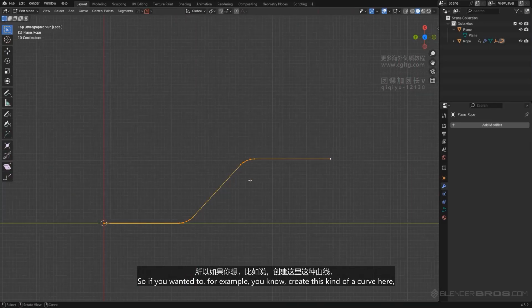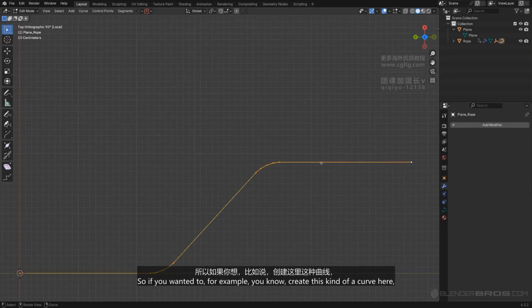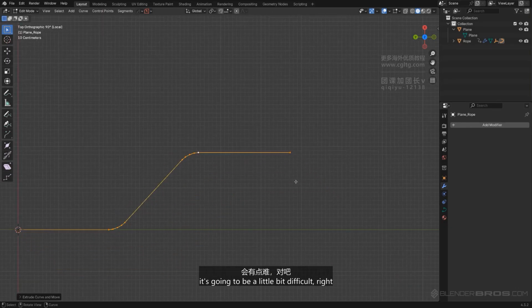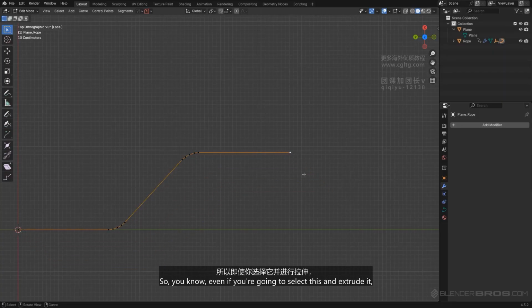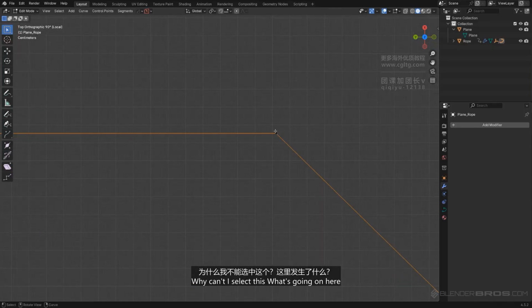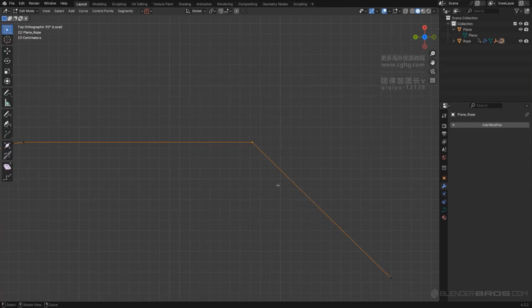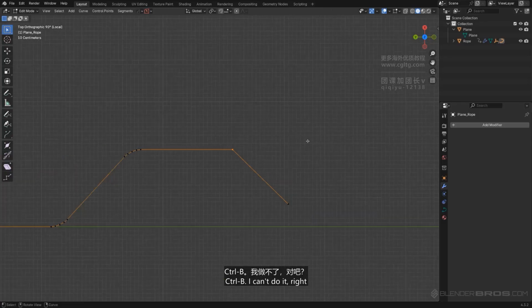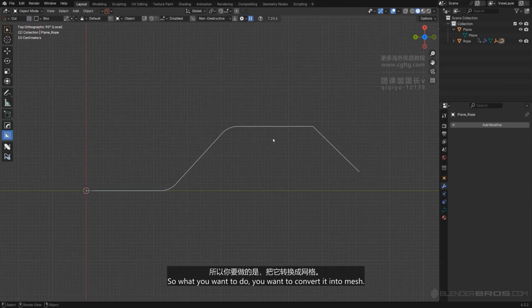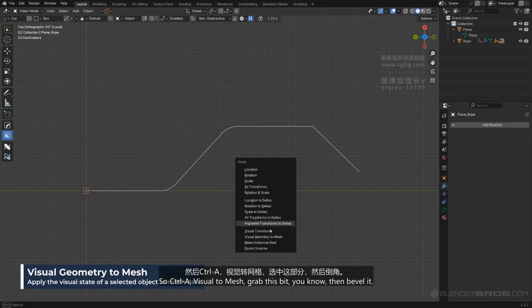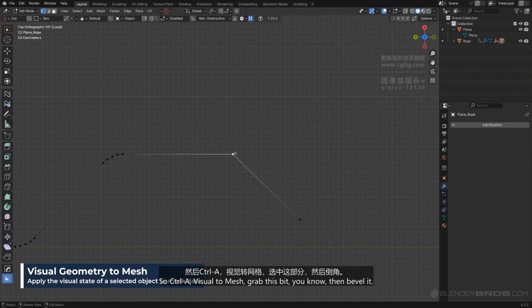So if you wanted to, for example, create this kind of a curve here, it's going to be a little bit difficult, right? So, even if you're going to select this and extrude it, you can't really bevel this because, again, it's a curve. Well, I cannot select this. What's going on here? There we go. Control B, I can't do it, right? So what you want to do, you want to convert it into mesh. So Control A, visual to mesh,